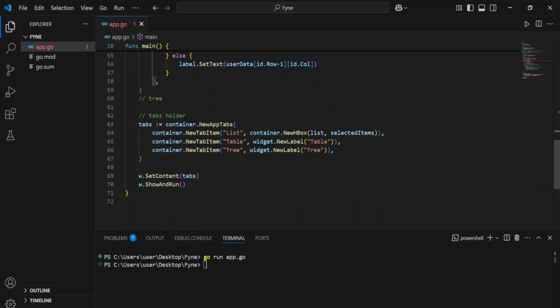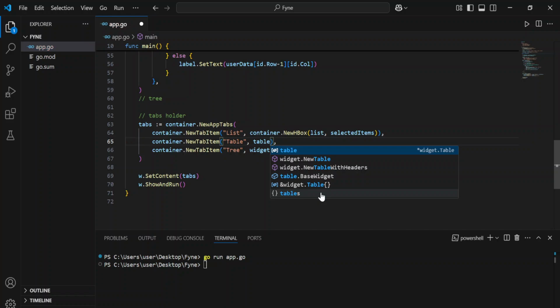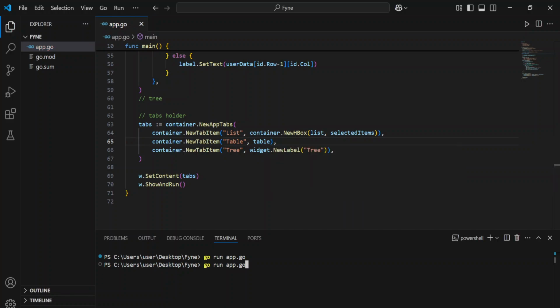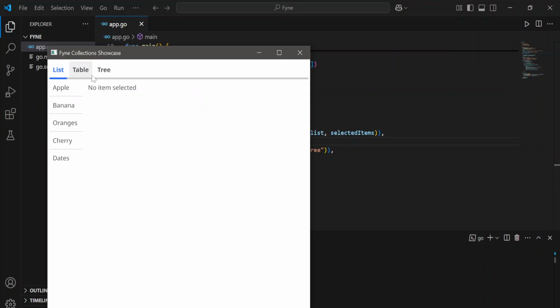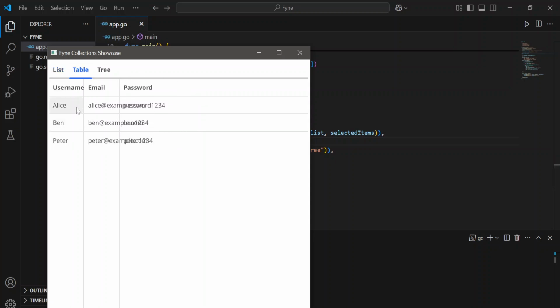So we can add our table here. Let's add it so that you can see how it looks like. We can run it. So these collections are important because you can use them to display any kind of data that you want. So we can see our table, but we have a problem here. As you can see, username is fine, the email is fine, the password is fine, but you can define,